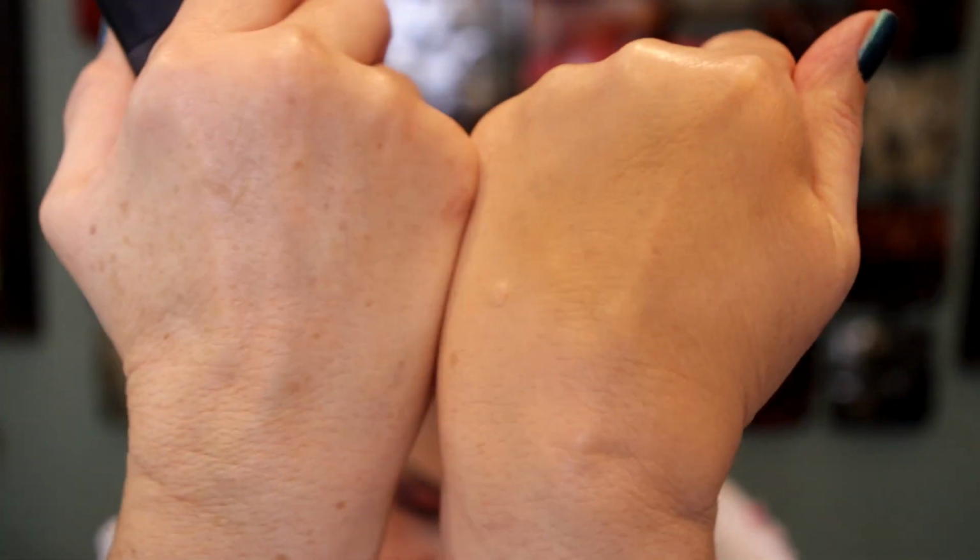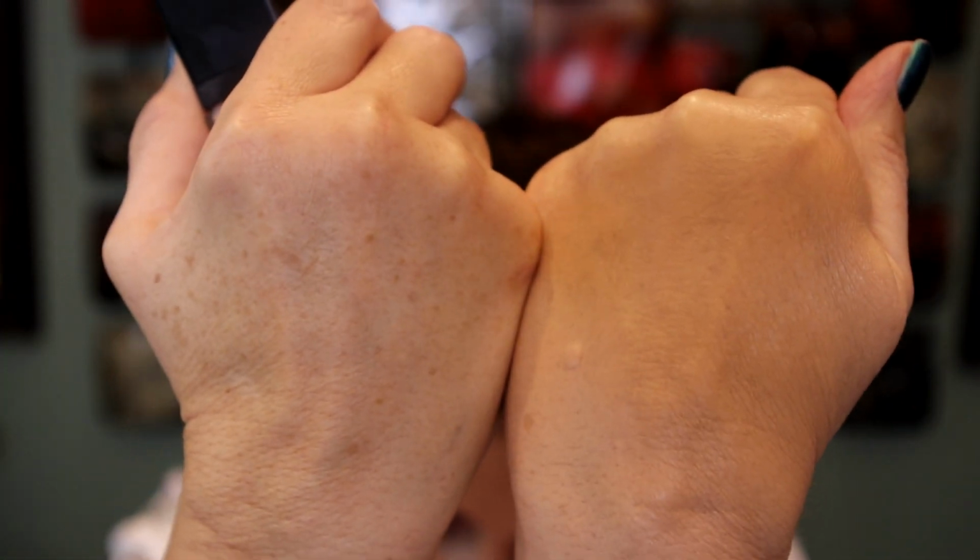Look at the difference between both of my hands. It really is a pretty foundation. It really sinks into your skin. It doesn't look makeup-y. It's what I have on today. And I have most of these products on today. I do have the eye primer, I do have the foundation, I also have the Shiseido